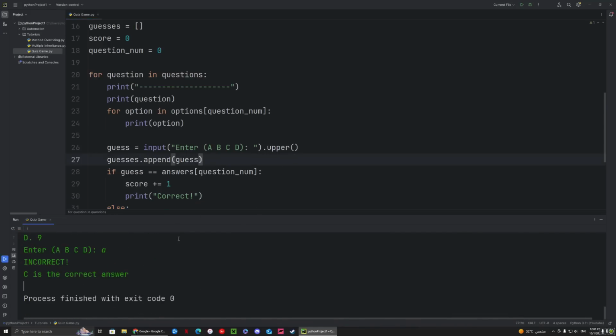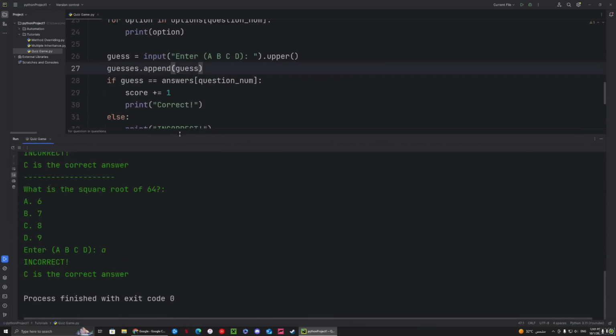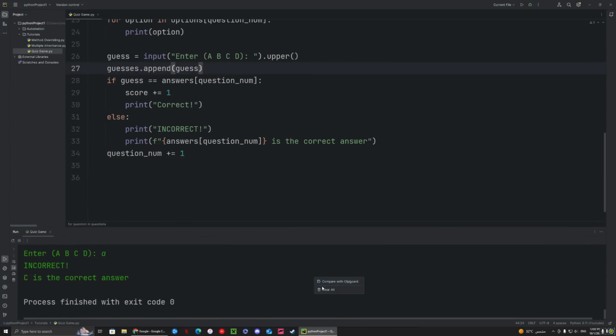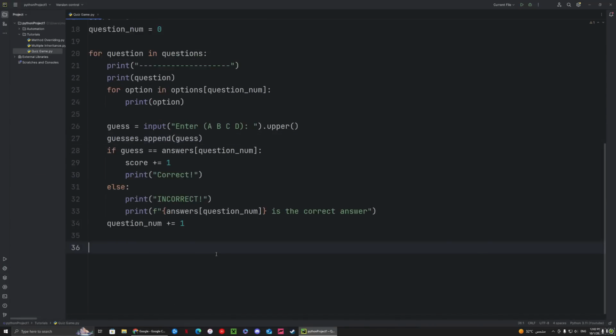So let's move on and try to display the results, because as of right now, we don't know how many we got right and how many we got wrong. We can figure it out since it's a small quiz, but you can always have a bigger quiz and it's going to be a hassle to figure it out. So we should print a dashed line just to separate the two things first, and then let me just remake it here, and here we're going to say